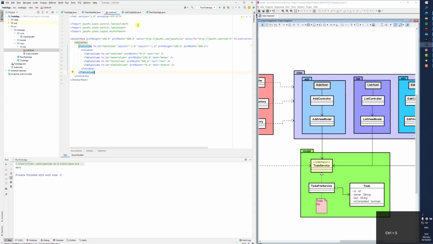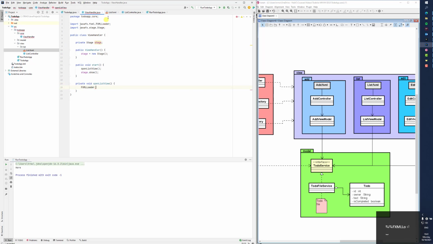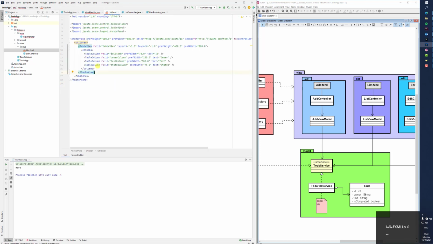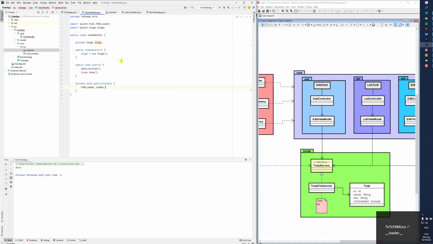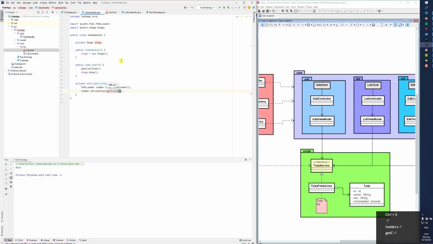Let us just see if I can open this specific view here. It doesn't do anything yet, but let's see if we can open that instead of that blank window. So in the view handler, we're going to say FXMLLoader. I need that to, well, that's going to read my FXML file and then construct these classes and put things together. So loader, new FXMLLoader, and then we say loader set location, and I have to say get class, get resource, and then we need to give it a path to the FXML file that we need to load. And we are in the view handler,